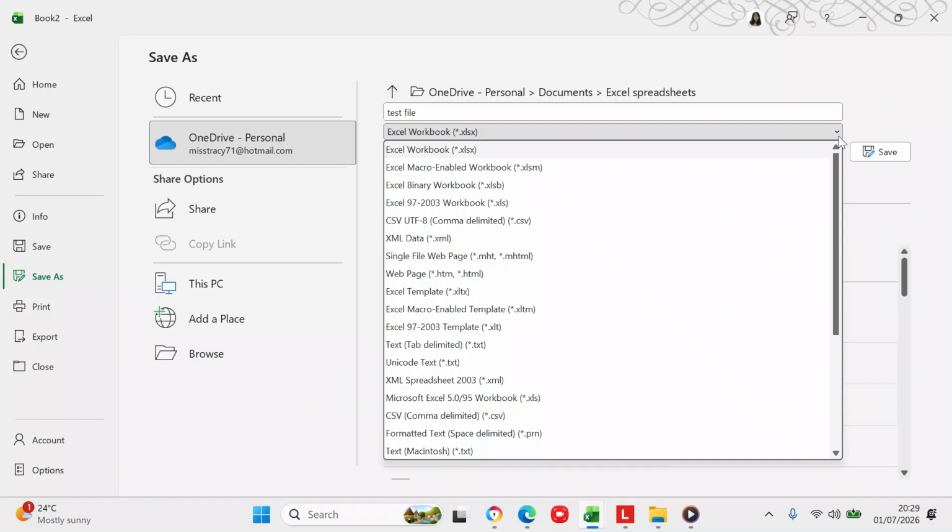You can save it as XML data. You can save it as a single file web page. You can save it as a web page. You can save it as an Excel template, an Excel macro enabled template, an Excel 97-2003 template. You can save it as a text file, as a Unicode file, as an XML file, as a Microsoft Excel 5.0/95 workbook, as a CSV file, and we've got CSV file there. You've got formatted text. You've got text Macintosh,